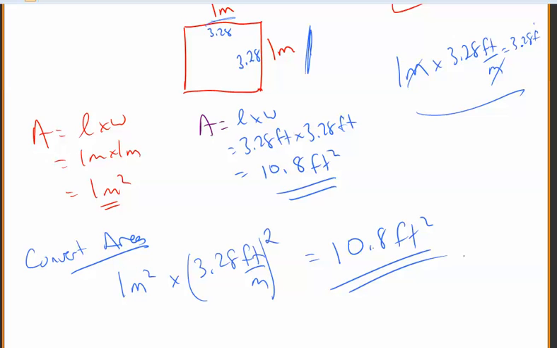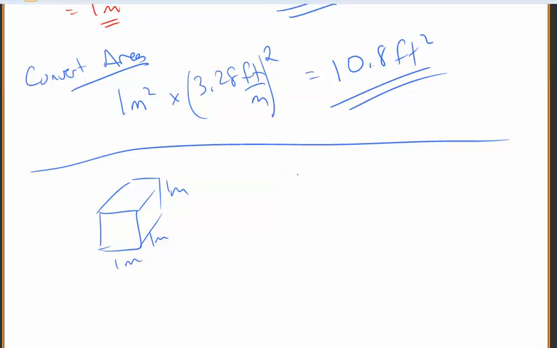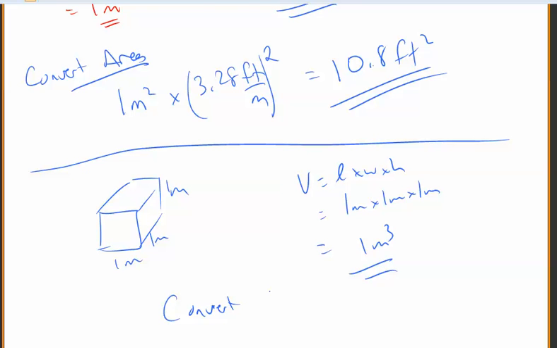Okay? Similarly, if I had something that was 1 meter by 1 meter by 1 meter, I can do the same process if I wanted to. The volume is equal to length times width times height equals 1 meter times 1 meter times 1 meter equals 1 meter cubed. And if I want to convert, I could say 1 meter cubed times, there's 3.28 feet per meter. I've got to cube that conversion factor, which gives me